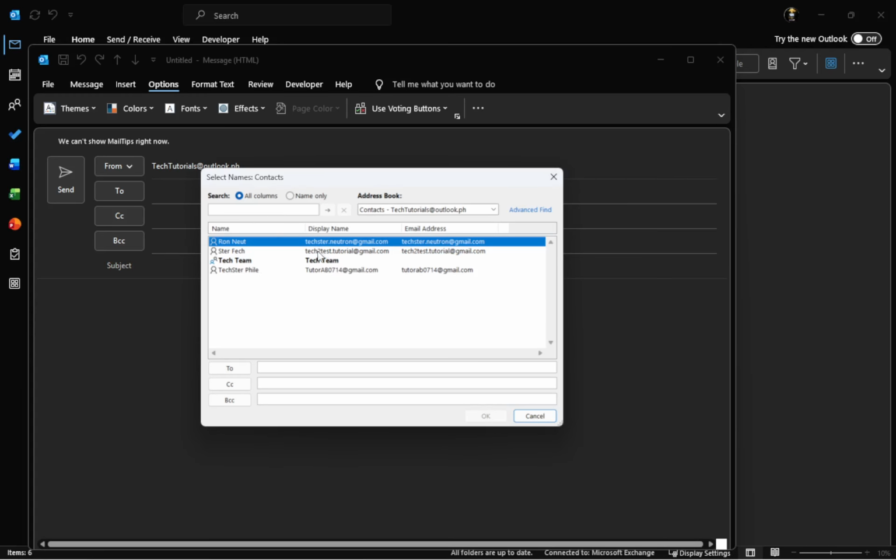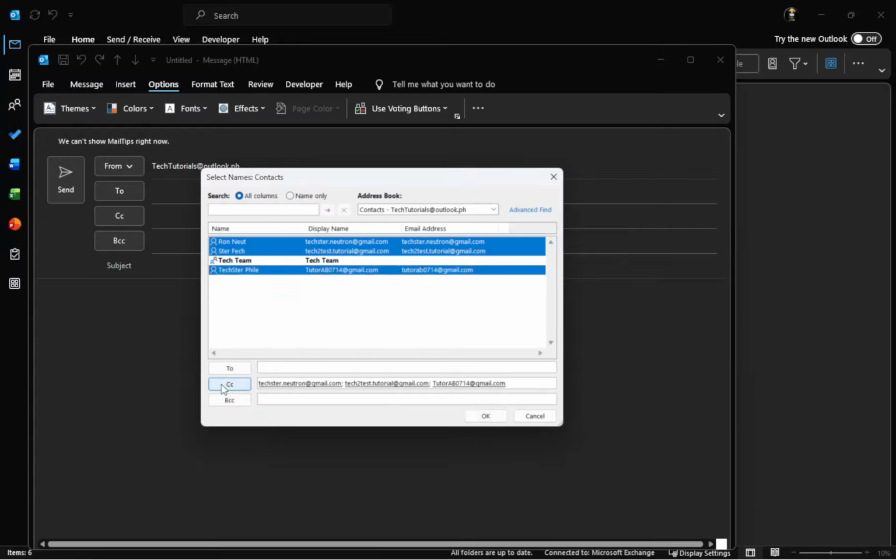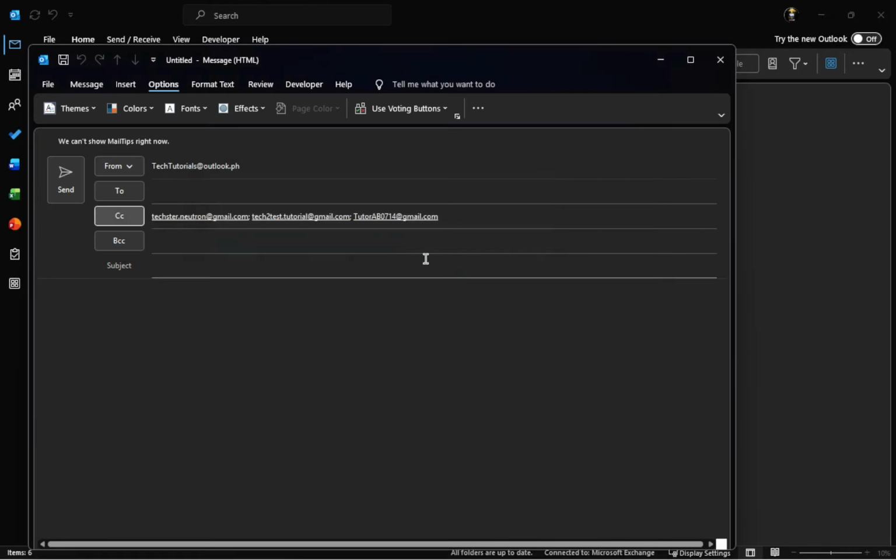Enter the primary recipient's email address in the To field, followed by the additional recipients in the CC field. This reaffirms the importance of clear communication, ensuring that the right people receive your message. Now compose your email as you did earlier. This is your opportunity to convey your message effectively. Lastly, click Send to deliver your email.